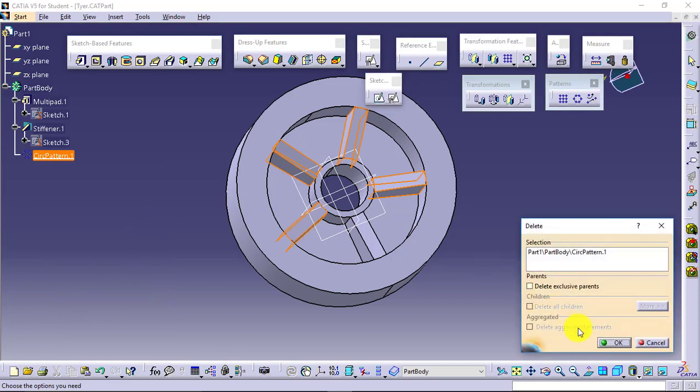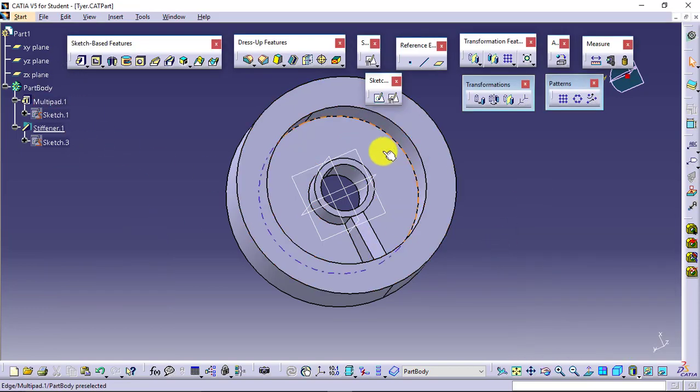What I want is to create the pattern of this particular feature. I'll just hide the planes. This is a tire kind of part, so what I want is these ribs to be patterned. Then I'll go for circular pattern.